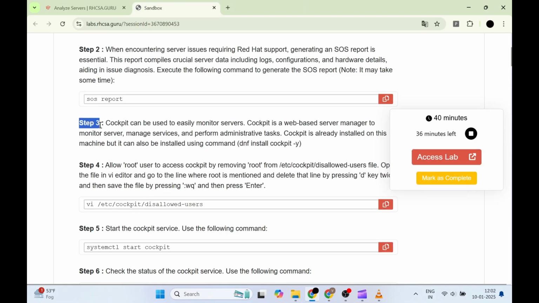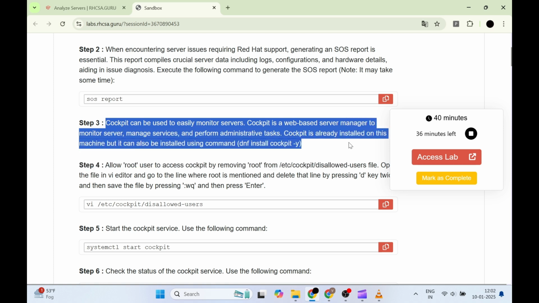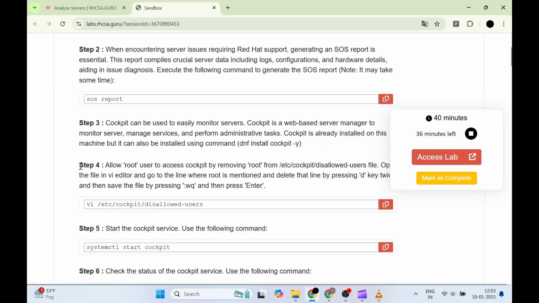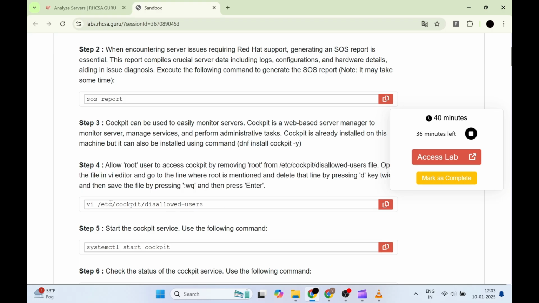Now in step 3, Cockpit is an efficient, web-based tool that allows you to manage and monitor your server. It provides an intuitive interface to track system performance, manage services, and perform administrative tasks remotely. Now to allow root user access to Cockpit, we need to remove root from the /etc/cockpit/disallowed-users file. This can be done by editing the file with vi, deleting the line with root, and saving